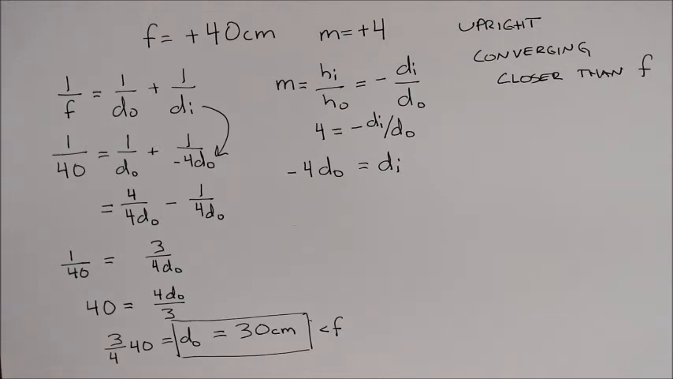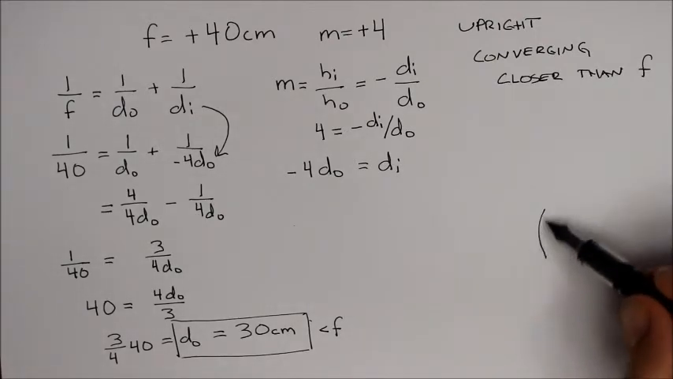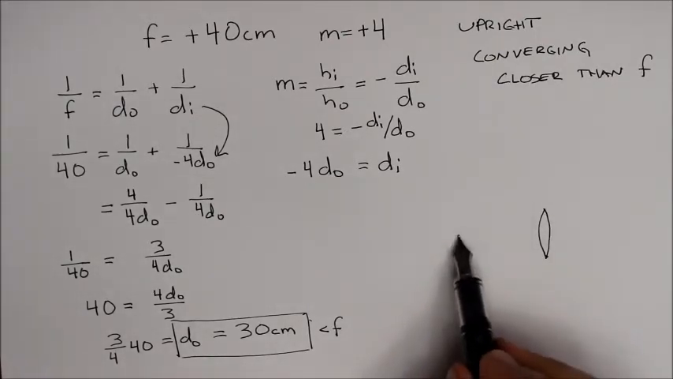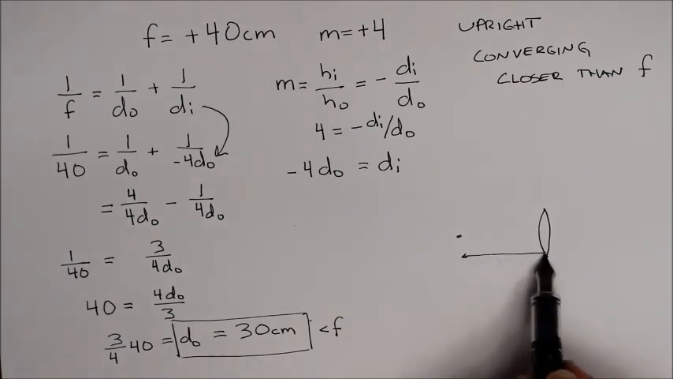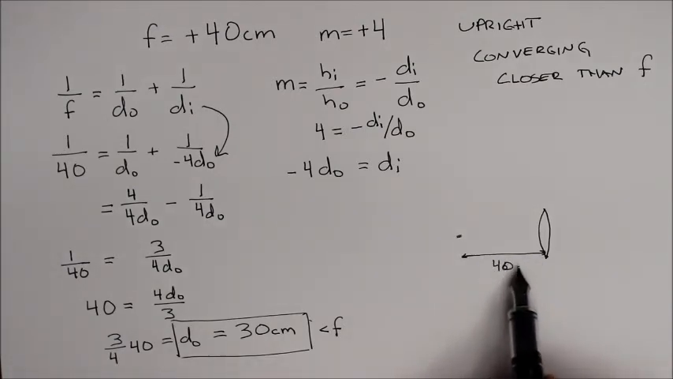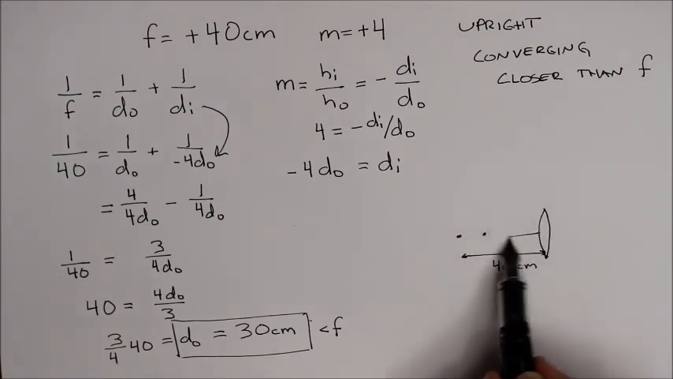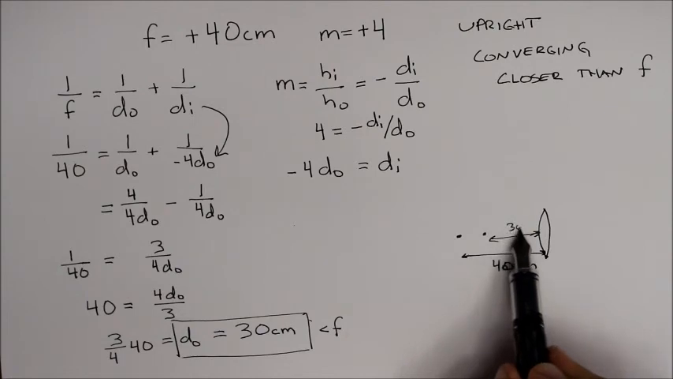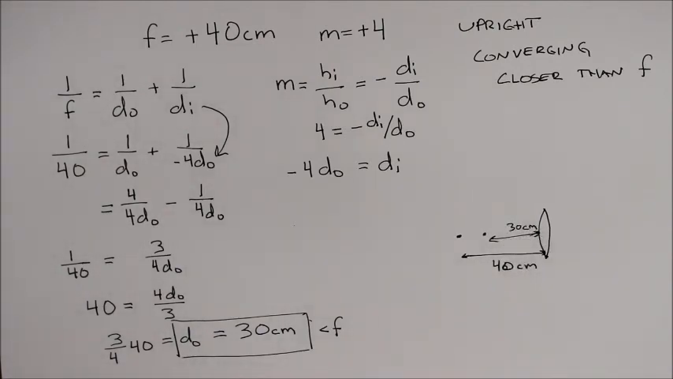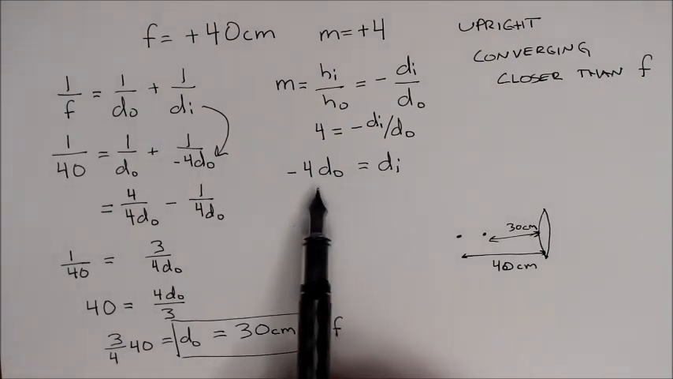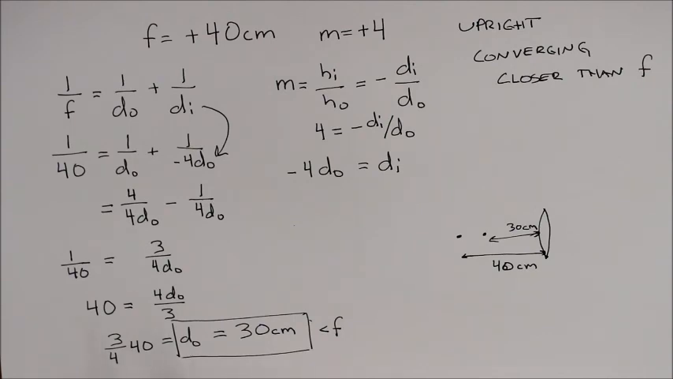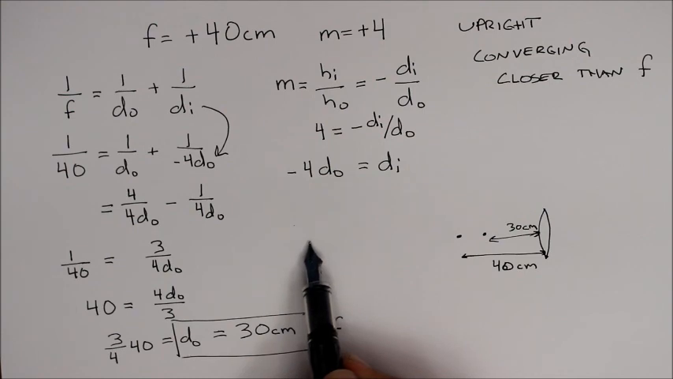If I were to draw a picture of this, I have my lens, I have my focal point here at 40 centimeters, and I'll have my object here at 30 centimeters. And then the question I want to ask, where is my image? Well, I see that my image is -4 times DO. So it will be 4 times the distance in this direction, and so it will be out